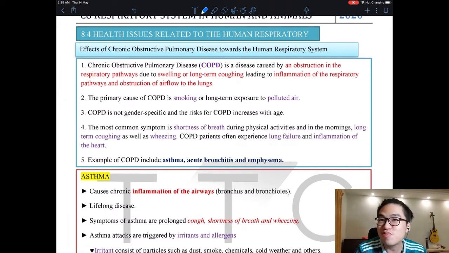All right, so what is COPD? COPD is a class of disease. What does it mean by chronic? I want to talk about some bio words here. Chronic and acute. Chronic means long term. Heart disease is chronic. Acute is short term. 5 days you get it, like COVID-19. Coronavirus is an acute respiratory disease. That's why